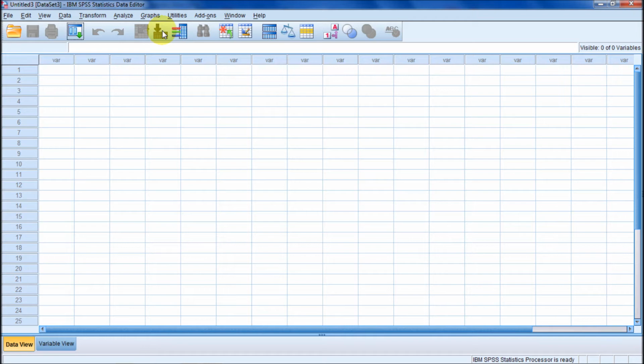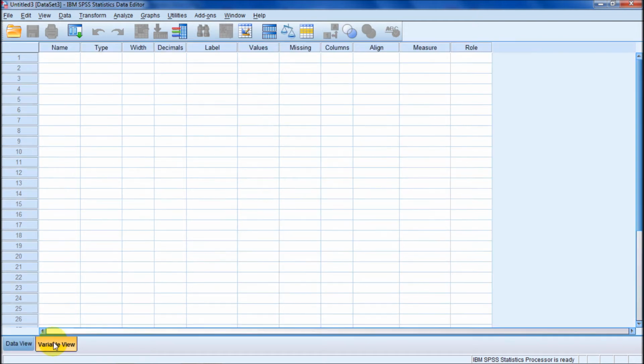We're going to determine whether a new type of heart surgery is better than the old type of heart surgery in terms of patient outcome. So this part of our lesson is just learning how to enter this data for a